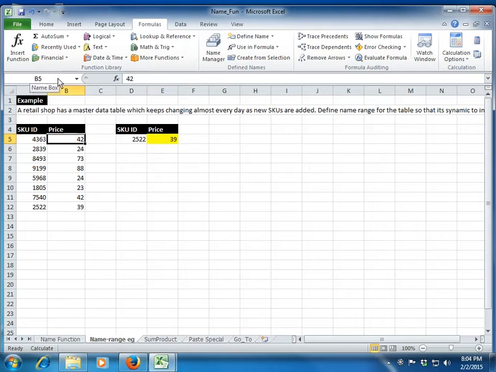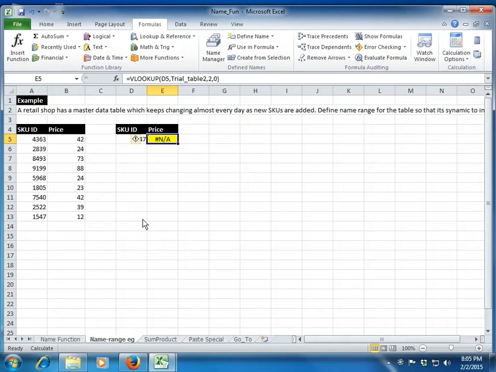Now let's say if I need to update this table tomorrow, I add another SKU ID 1547. I hope it's not already there. No, it's not. And I give it a price. So if I try to look up the new ID which I have created from the given table reference here, will it give me an answer? No, it will throw an error because right now it's referring to trial table 2, which is limited to this table. Since 1547 is not lying within the defined name table, Excel will throw an error. It doesn't recognize this SKU ID, and hence it's giving us an NA error.